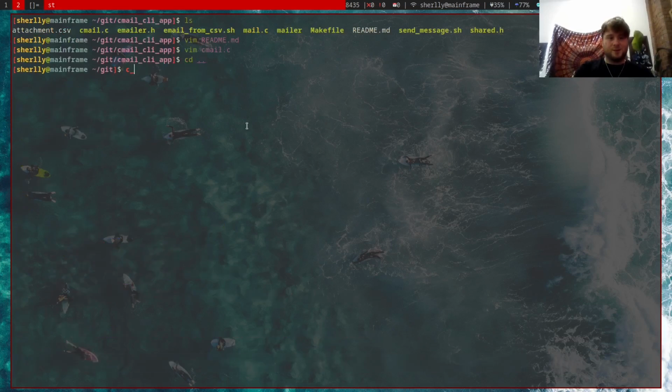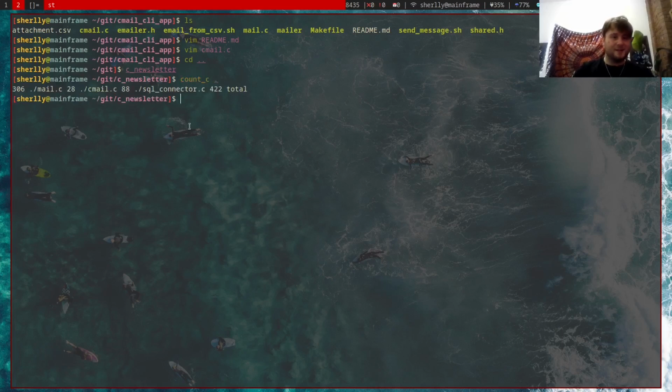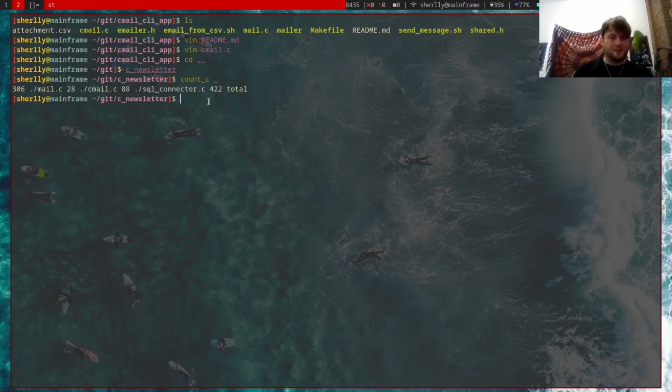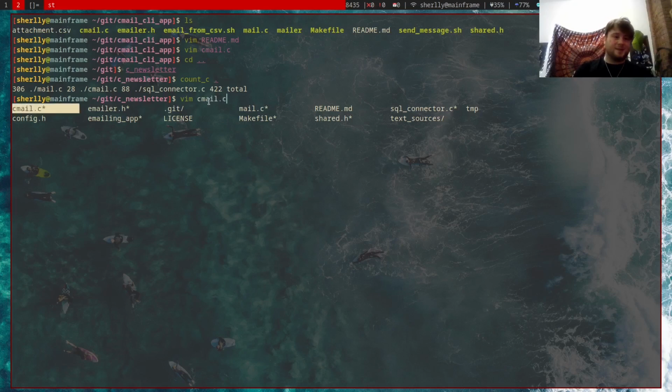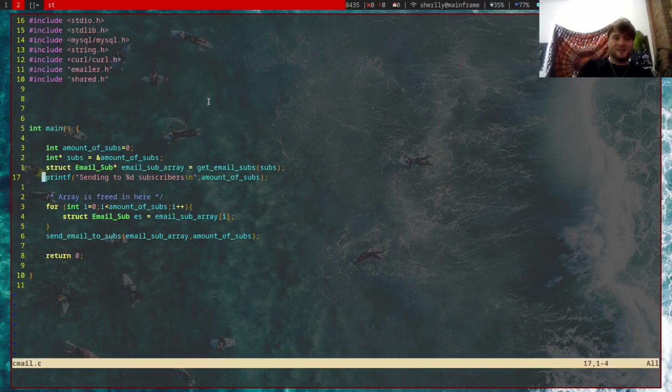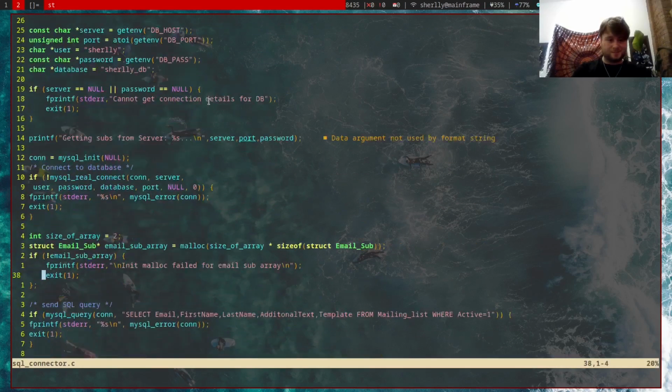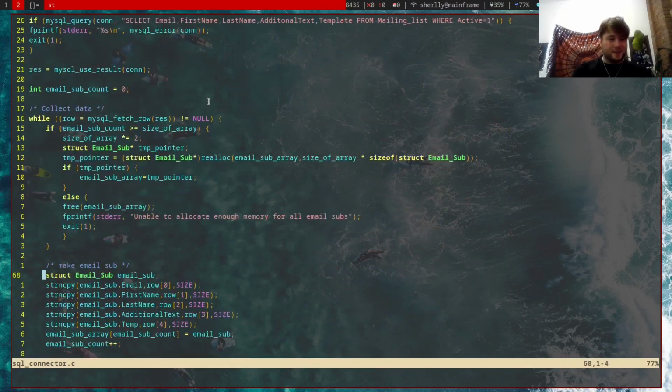Now to my newsletter. So if I go to my C newsletter, this one's a bit chunkier. Not as many files as I thought. I thought it was more than that, but this one's a bit more complicated. You can probably tell it was born out of the same code. I wrote this one first actually, but this uses email subscribers instead of just sending a raw email. It uses email subscribers to make that, and this does a bunch of fancy stuff. So it starts off by connecting to a SQL database,